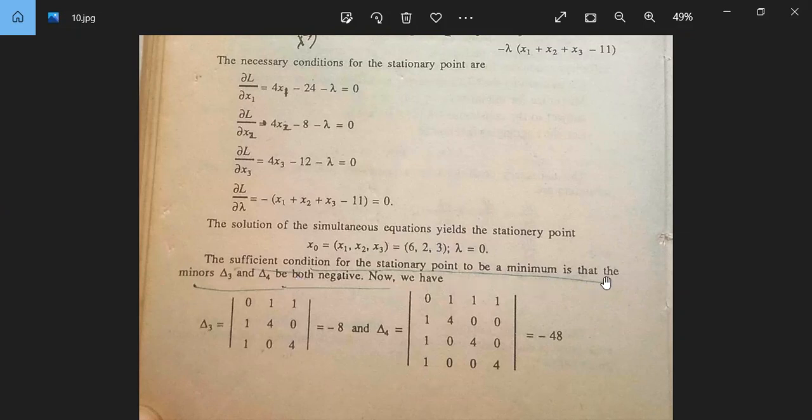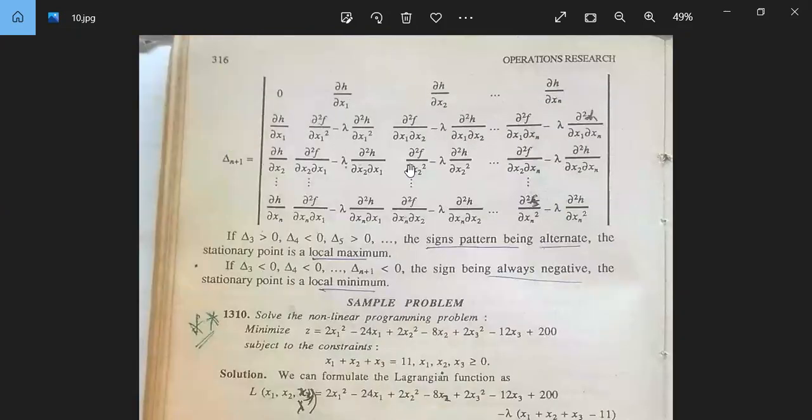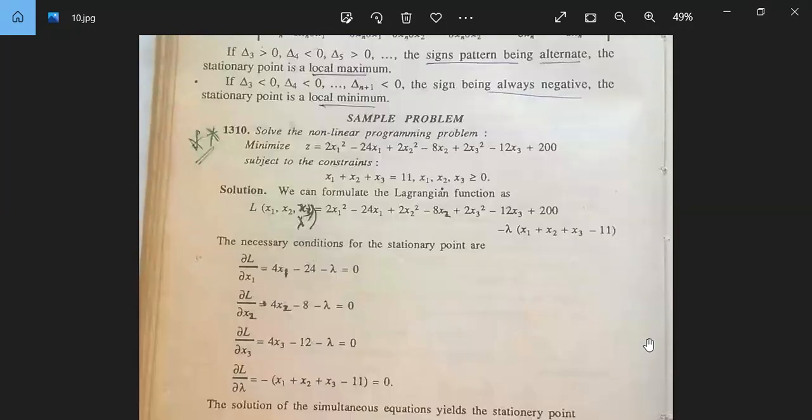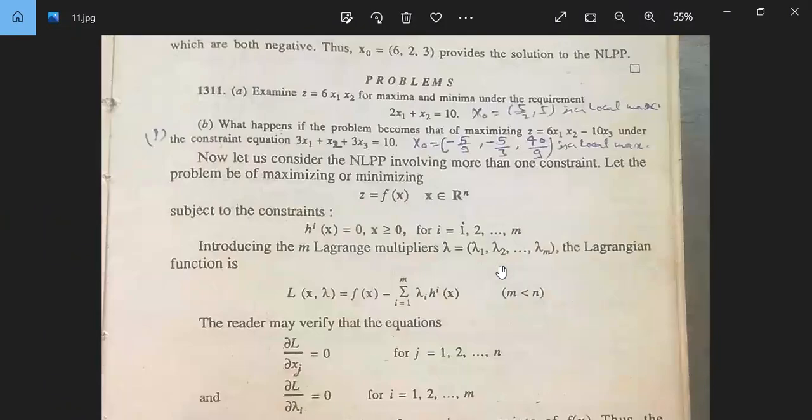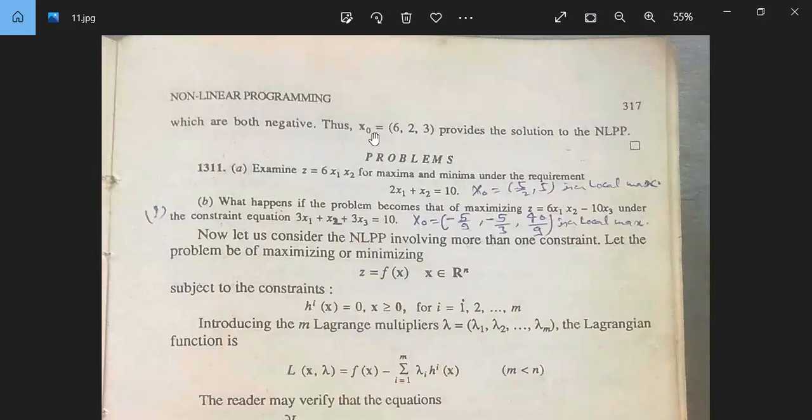द सफिशिएंट कंडीशन फॉर द स्टेशनरी पॉइंट टू बी ए मिनिमम इज दैट द माइनस डेल्टा 3 एंड डेल्टा 4 बी बोथ नेगेटिव। नाउ वी हैव डेल्टा 3 निकालेंगे और डेल्टा 4 निकालेंगे यूजिंग द फार्मूला दिस। इस मैट्रिक्स डिटरमिनेंट का फार्मूला यूज करके डेल्टा 3 मतलब 3 रोज ले लेंगे और 3 कॉलम ले लेंगे, फर्स्ट 3 रोज एंड फर्स्ट 3 कॉलम। इसी तरह से डेल्टा 4 ले लेंगे तो उनका जब वैल्यू निकालते हैं डेल्टा 3 तो ये आता है -8 और डेल्टा 4 आ जाता है -2। दोनों नेगेटिव हो गया, इसका मतलब स्टेशनरी पॉइंट क्या हो गया, एक मिनिमम हो गया। Which are both negative. Thus x0 is equal to 6 2 3 provides the solution to the NLP।